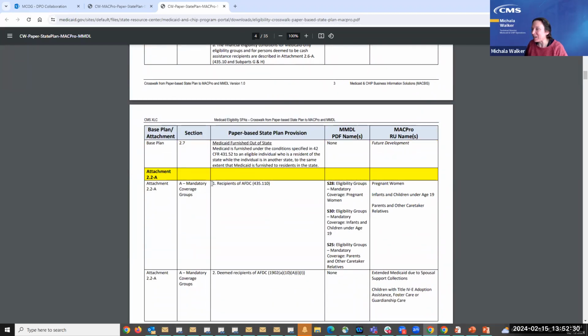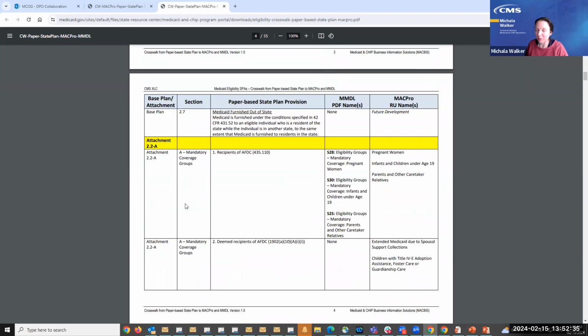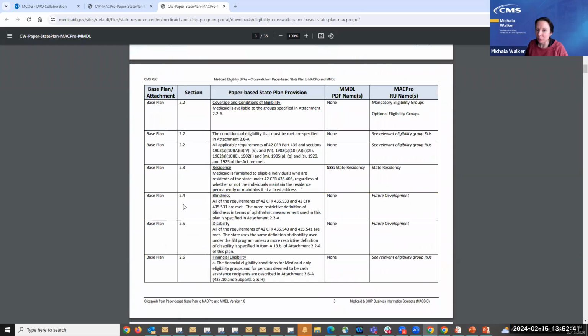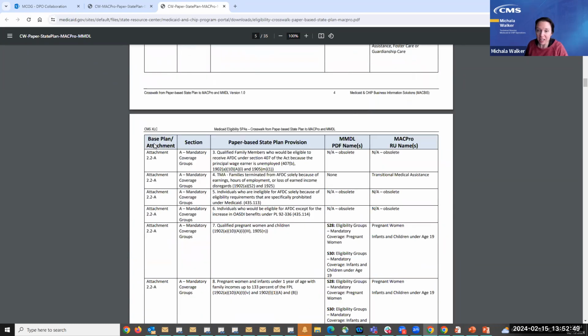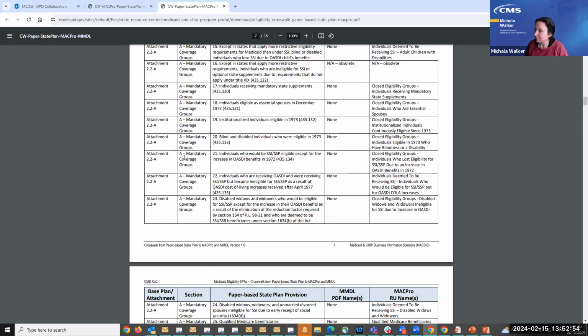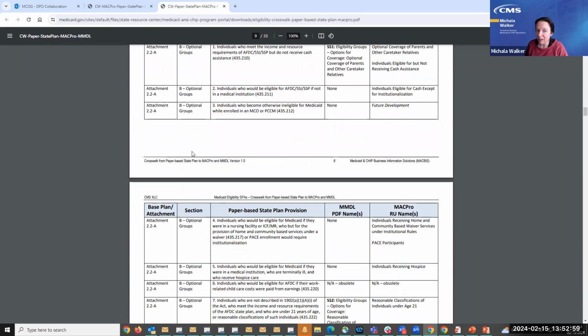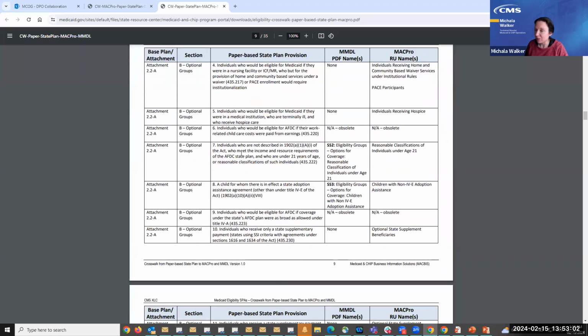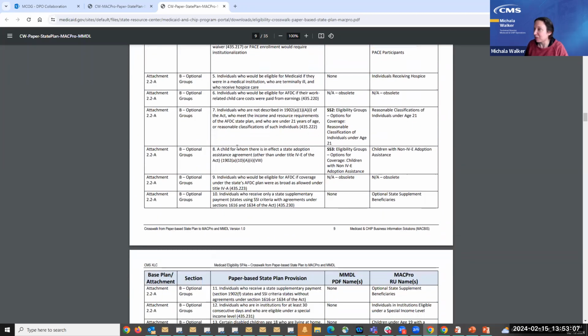So as I was saying, we're looking for information on eligibility for people in the hospice group. So we would start scrolling through this document, looking for attachment 2.2a in the first column. And there it is. Ford has found it for us. So once we find attachment 2.2a, we start looking for section B in the second column. And there it is. So once we find section B, we start looking at the third column for references to the hospice eligibility group. And we eventually find it in the second row on page 9.